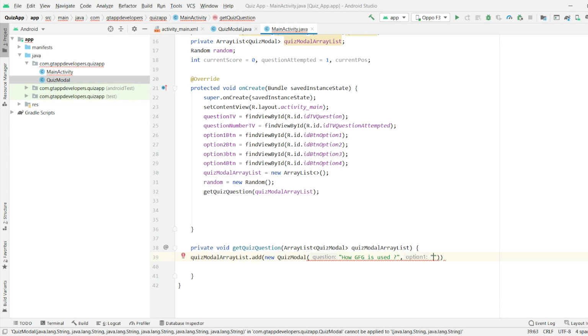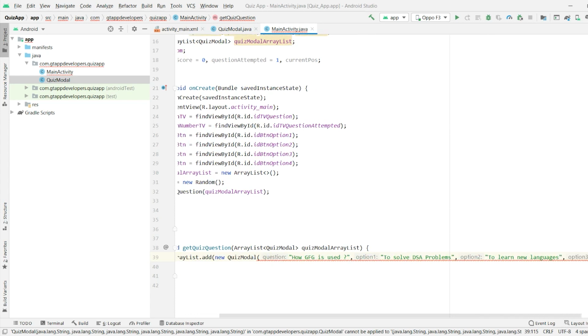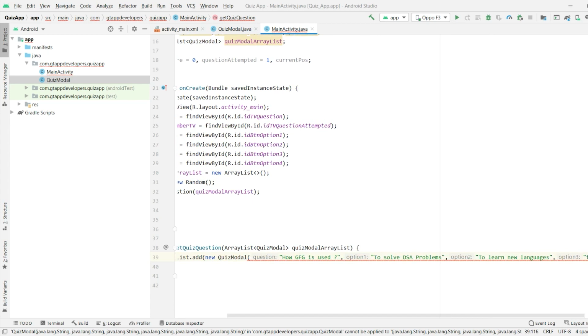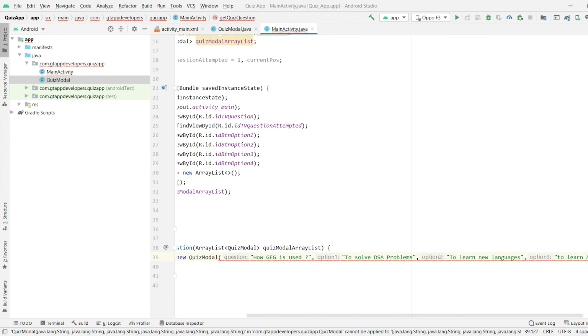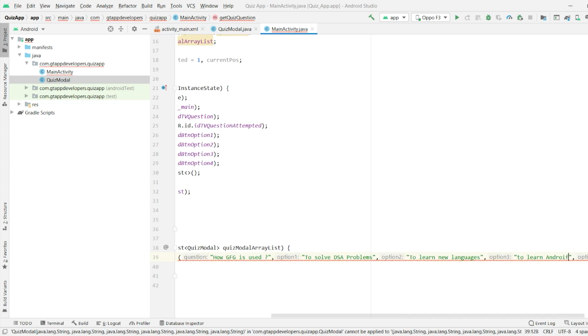We will specify option 1 as, and we will specify the last option.